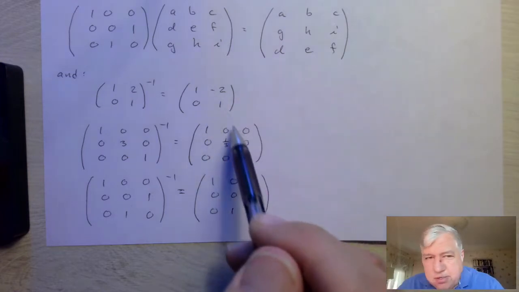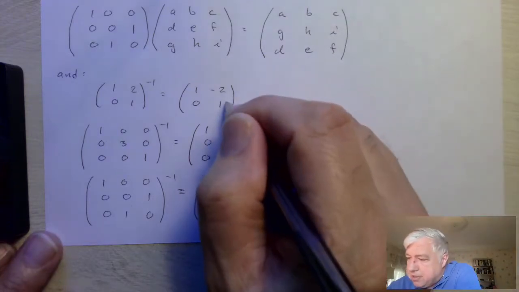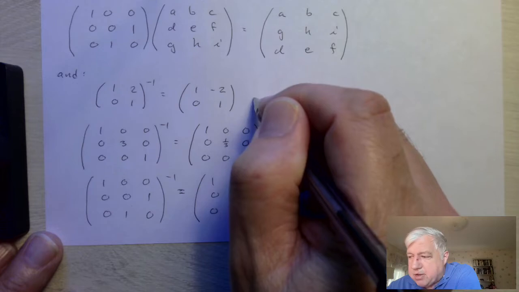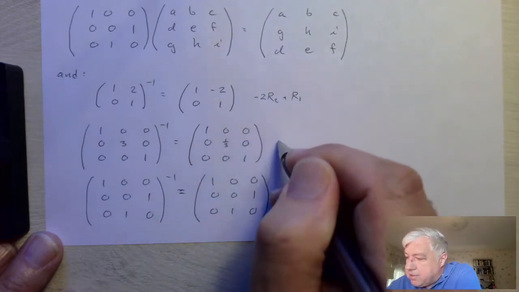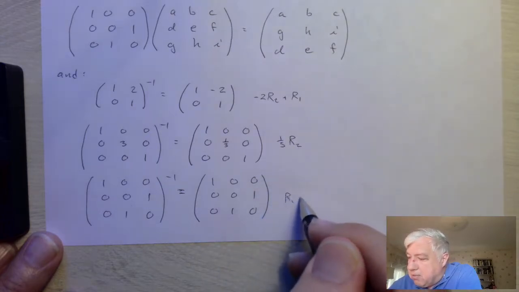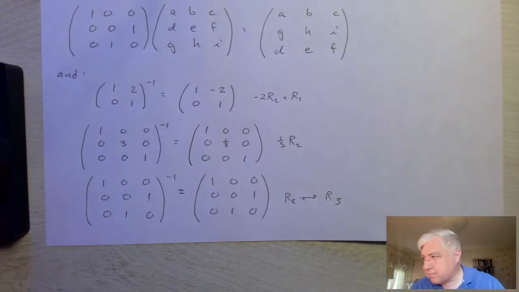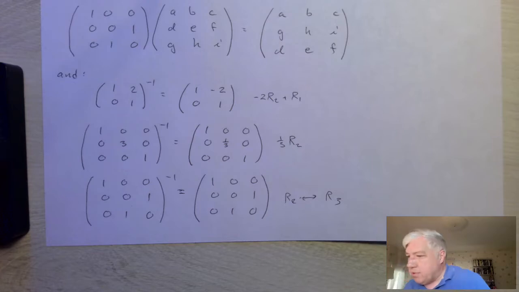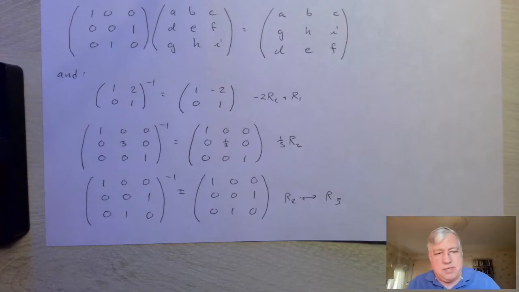So you notice that these inverses are actually elementary as well, right? This is an elementary matrix that corresponds to negative 2R2 plus R1, and this corresponds to the elementary row operation 1/3 R2. This corresponds to R2 interchange R3. Okay. All right. So to summarize what we've just been discussing, looking at these examples, we have a few facts